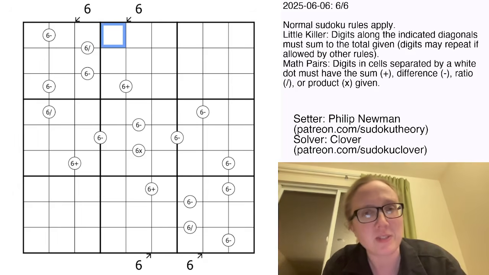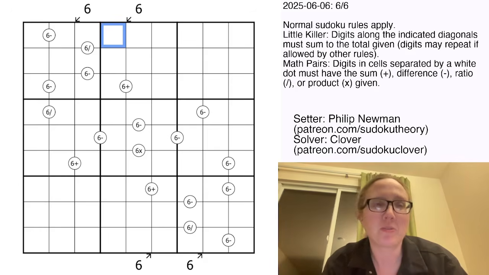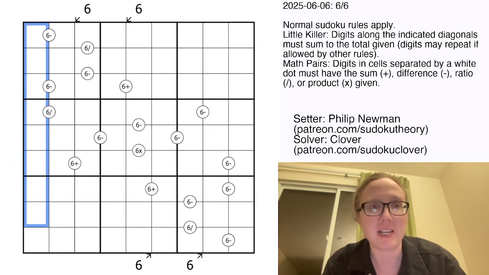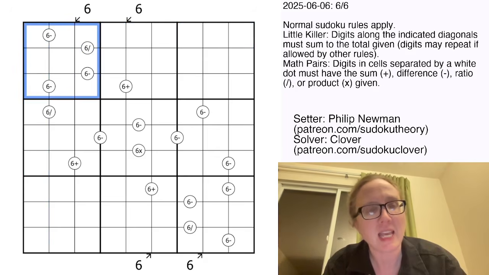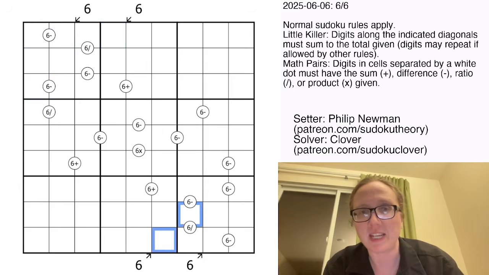This was posted June 6th, and it is a Little Killer Math Pairs Sudoku. So normal Sudoku rules apply. We're placing the digits 1 through 9, once each, in each row, each column, and each outlined 3x3 region. There are some little killer clues outside of the grid. Those tell us that the sum of the digits along each of these diagonals that are marked with an arrow